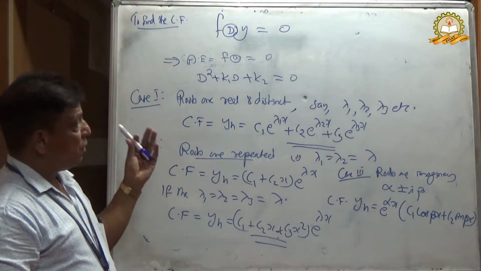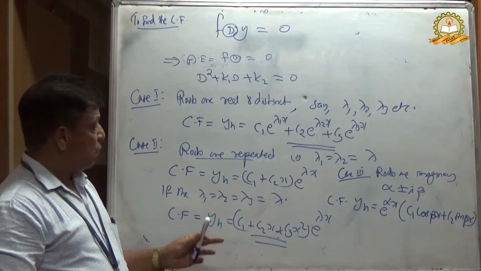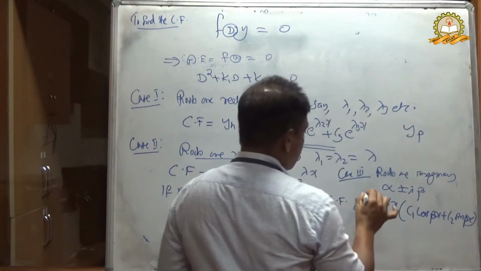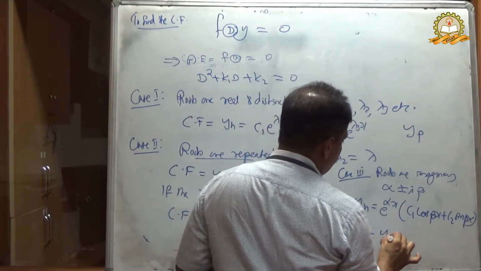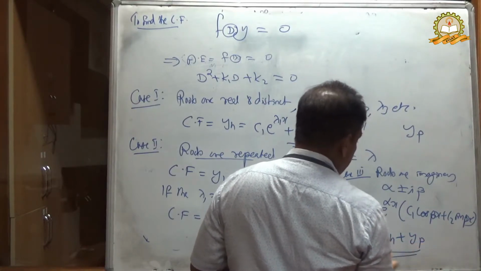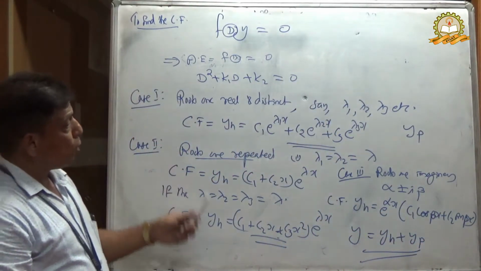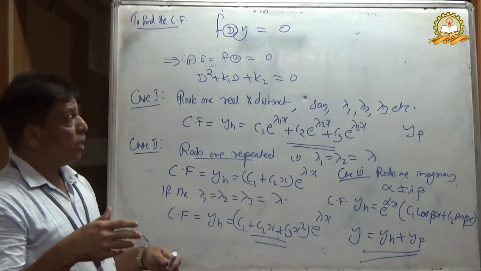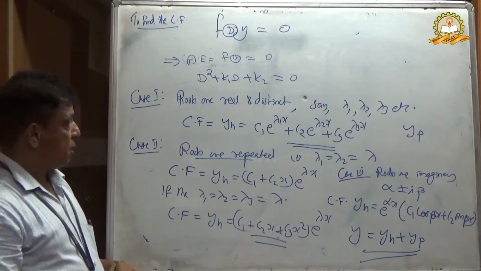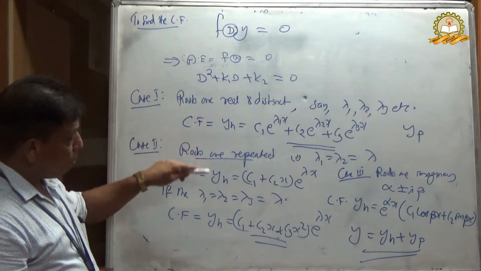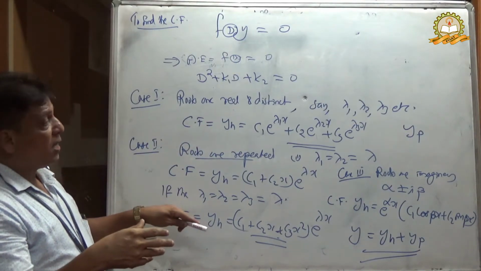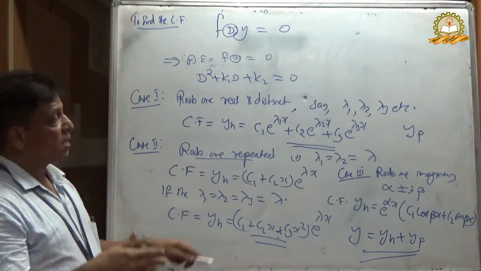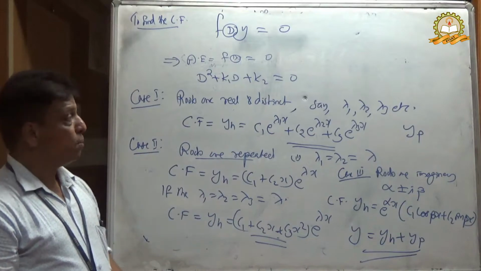In addition to that, when we solve a non-homogeneous equation, we have one more part. That part is y of p. Therefore, the total solution will be y of h plus y of p. Then we can do one problem. When we do the problem, we can understand one by one the procedure for finding the particular integral. The next step, to find the particular integral, we have different cases. Each case we can familiarize ourselves with when we work out the problem.